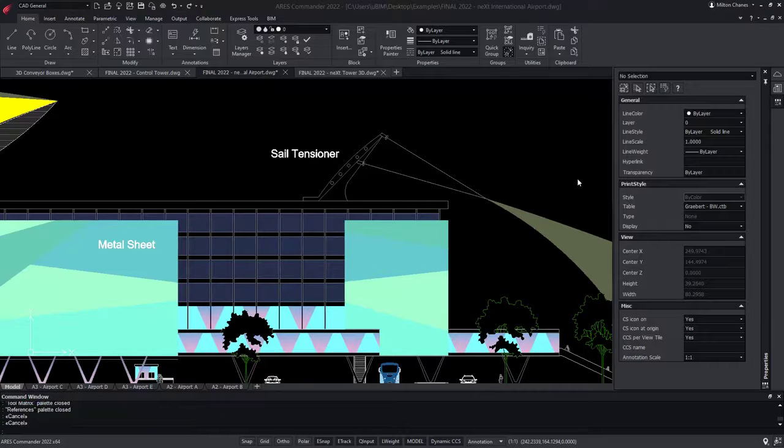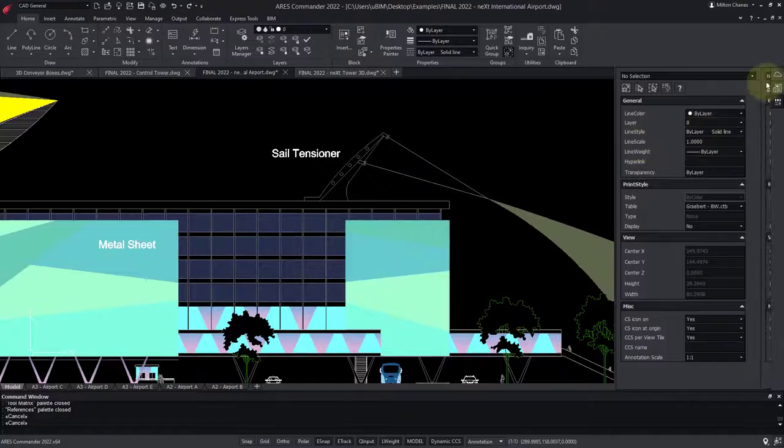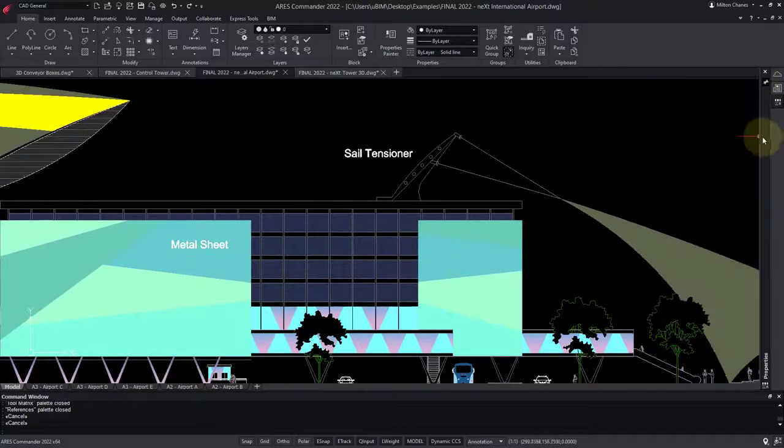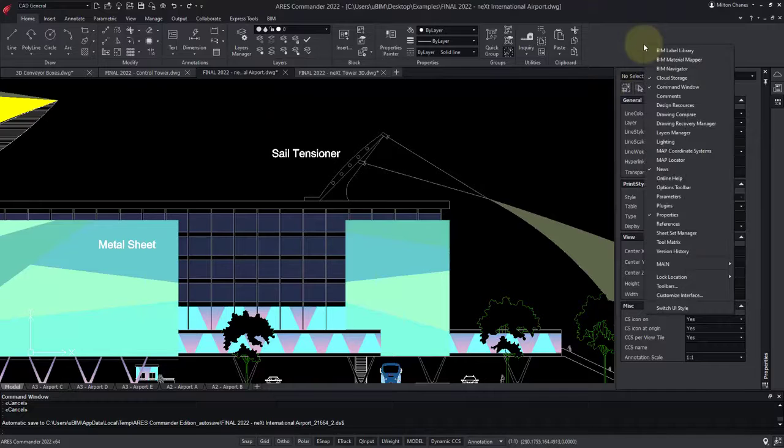Let's finish our tour of the user interface. On the side, we can find the palettes. You can resize them and choose whether they auto-hide or remain visible. By default, some of them are active, but others are not. If you do a right-click in the ribbon, you can select the ones that you want. So we find here, for example, the Properties palette,